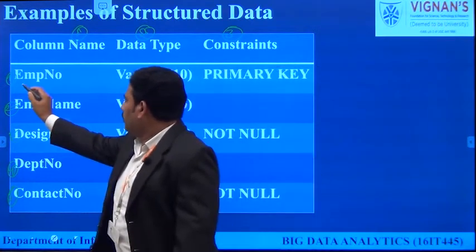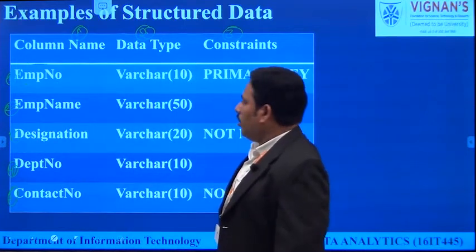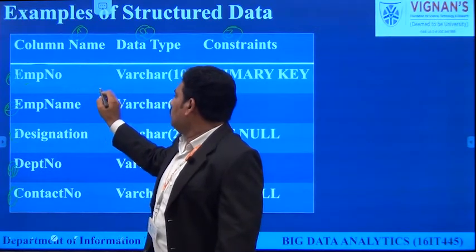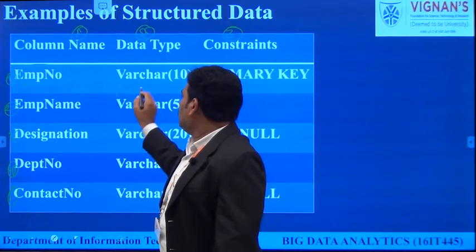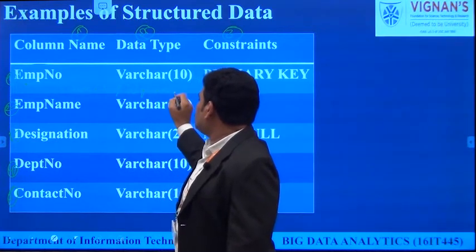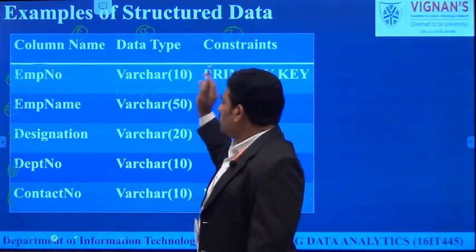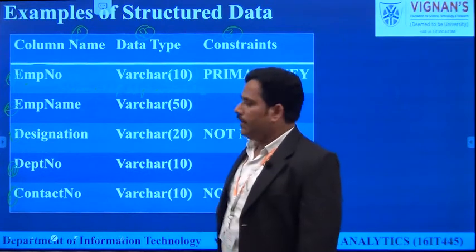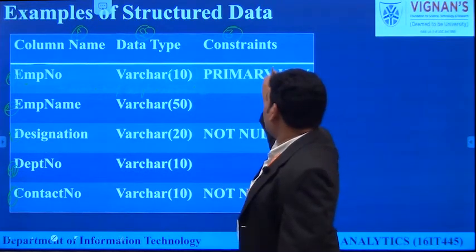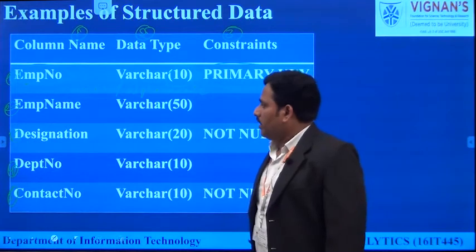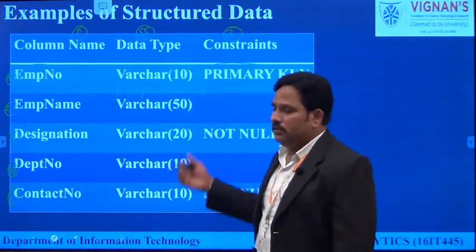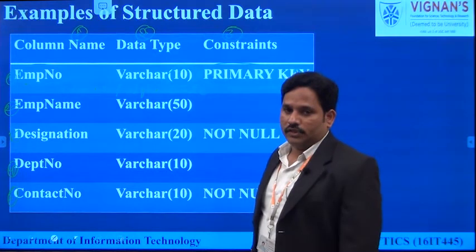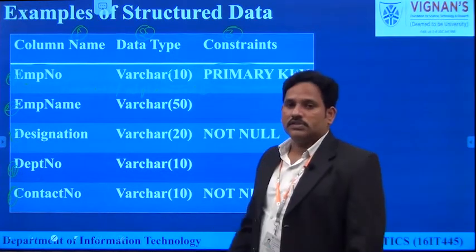So in first row we are trying to store employee number. Generally employee number can be either a numeric value or it can be a alphanumeric. That means it is combination of both numbers and alphabets. And here to store that alphanumeric, here we are using a data type called varchar2, and here we put one constraint called primary key. Now primary key will help us to avoid duplicates. Like this we can create a data in the form of a tabular representation. So this is one of the fundamental example of structured data.